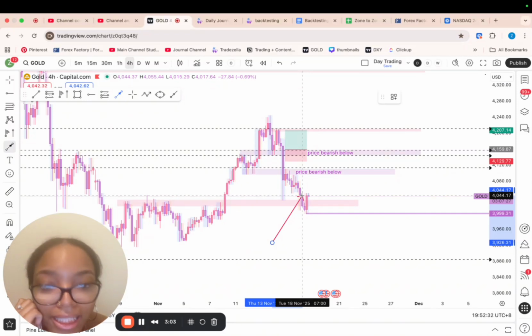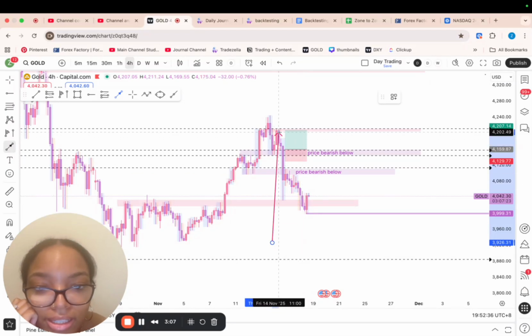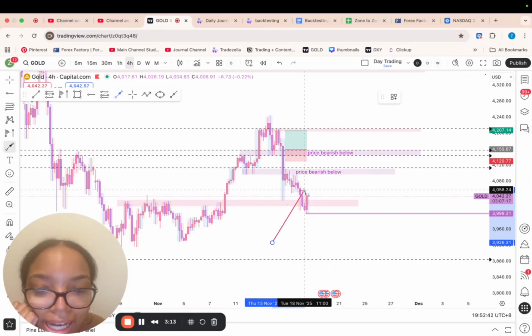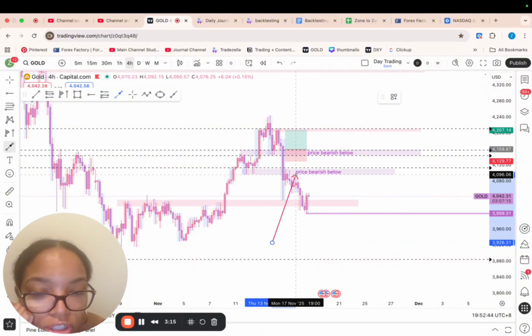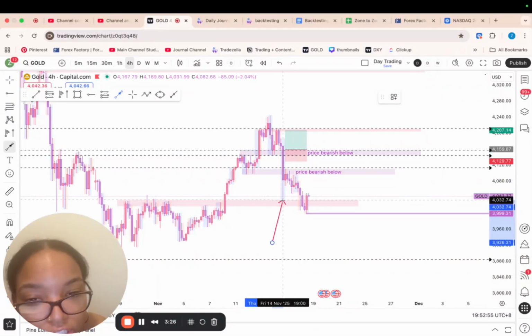There's not really any clear highs and lows in this range other than this low here and this high here. Other than that, there's nothing clear, which I'm absolutely hating right now because it's just trickling down almost, not giving me any structure on the 4 hour. And the 4 hour has been really, really nice to read gold on, and it's just not really giving me that.